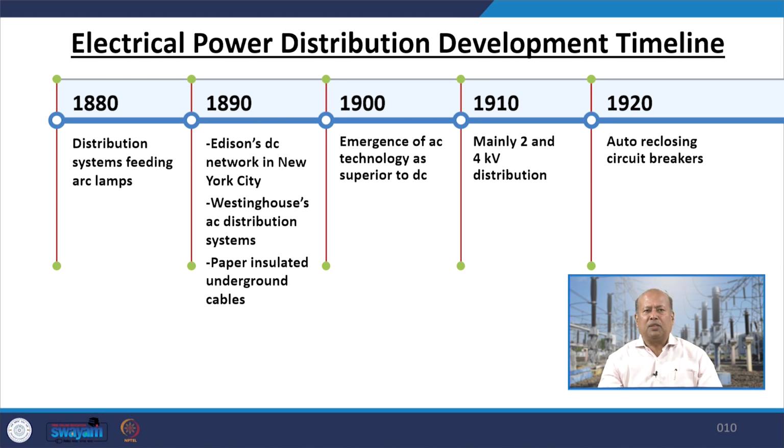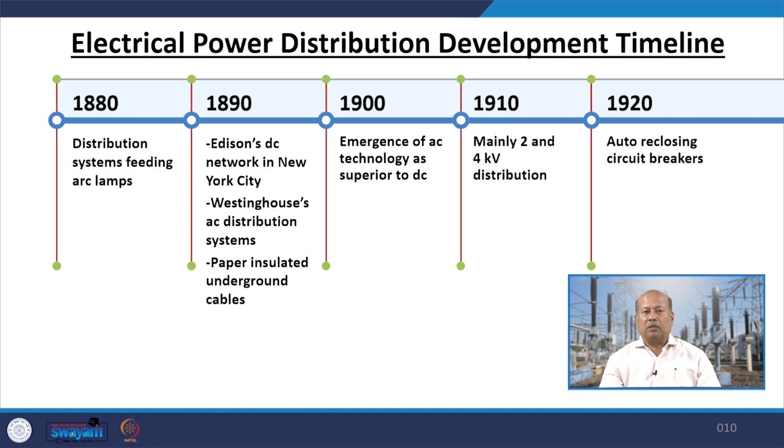Now, it's a very interesting storyline. All of you please concentrate. The electrical power distribution development timeline is very, very important. It is as old as 1880, the distribution system feeding arc lamps. The history begins in the year 1880, and then slowly we move to 1890, where Edison's DC network in New